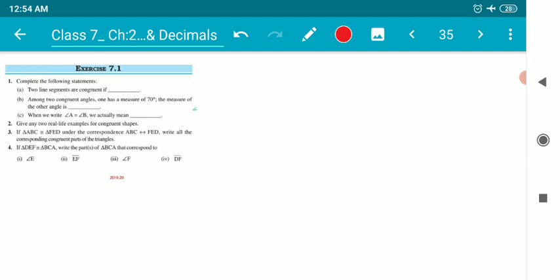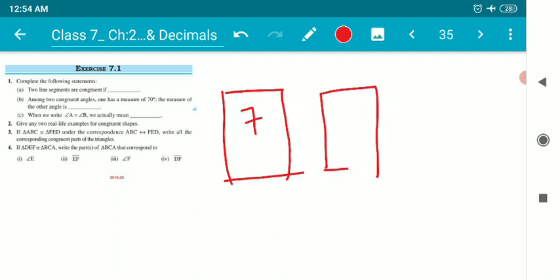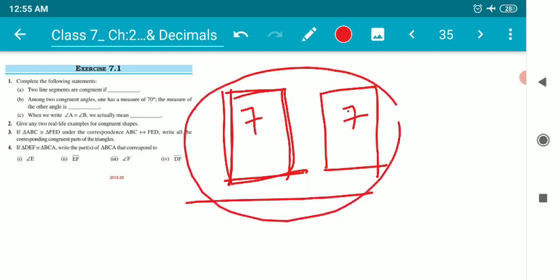There are so many congruent objects that can be seen in the nature around us. Suppose I have two maths NCERT books of class 7. If I make a pile of these books, placing one on the other, and look at the top view, I will not be able to count how many books are there. So this is how we can understand congruent objects very nicely.